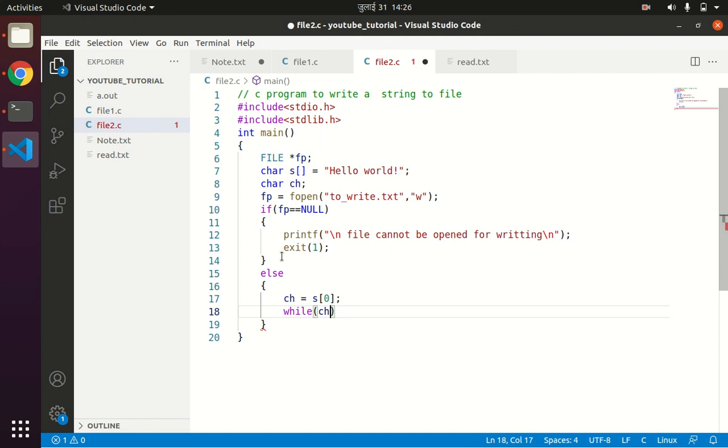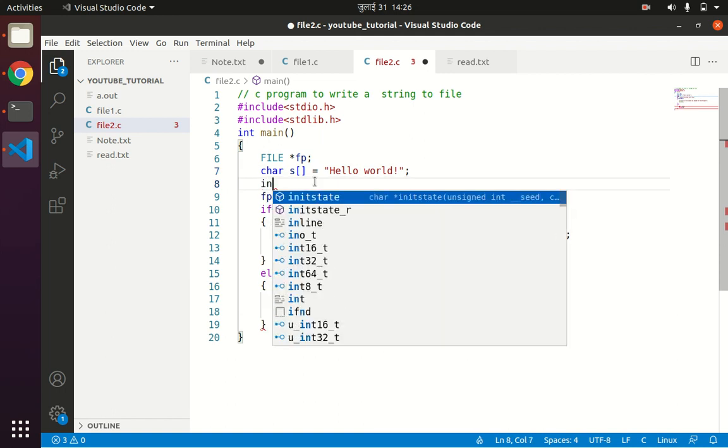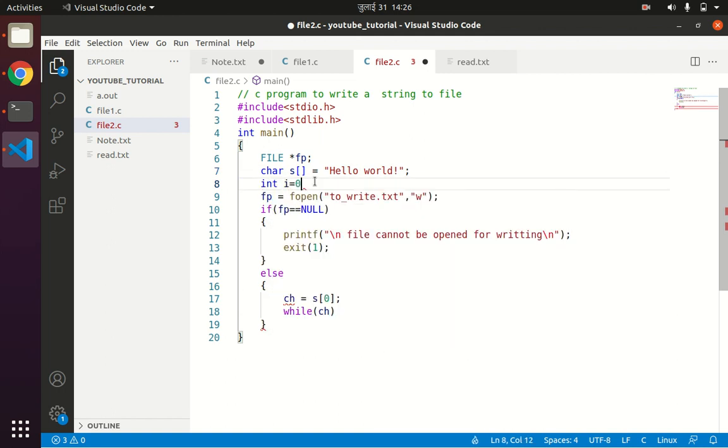I'll be creating one index, int i equals to 0, and while s of i is not equal to backslash zero, we have to keep on writing the character into the file.